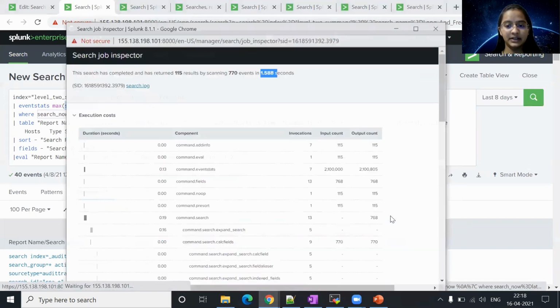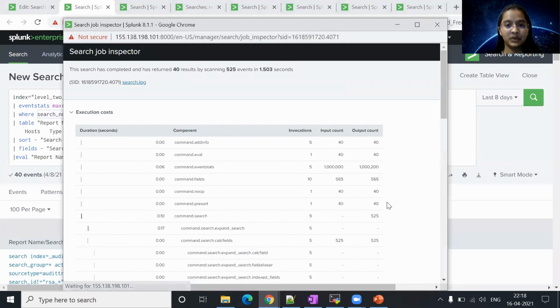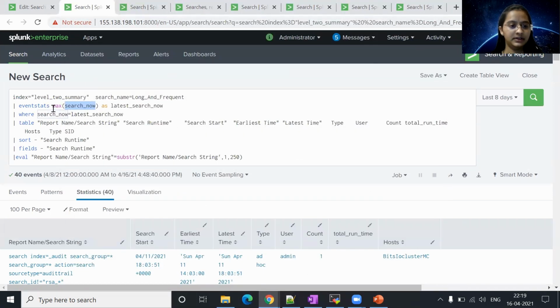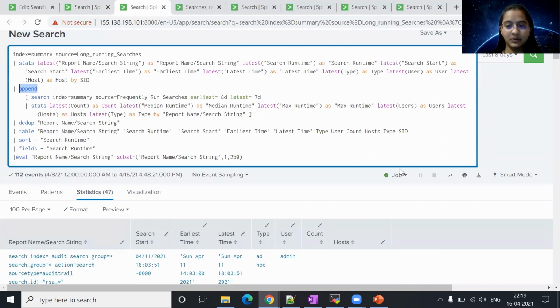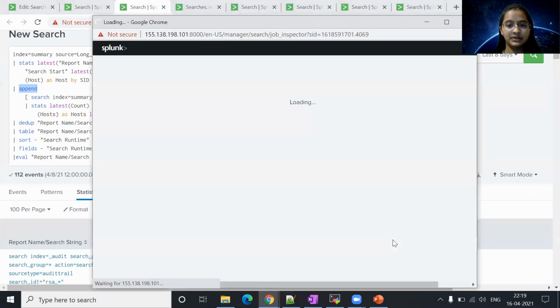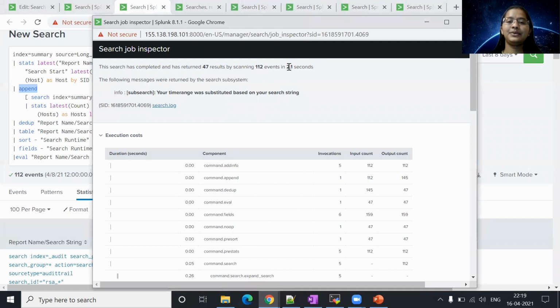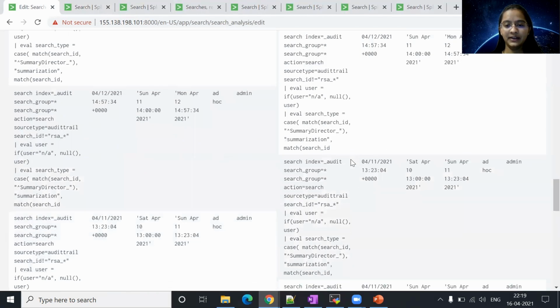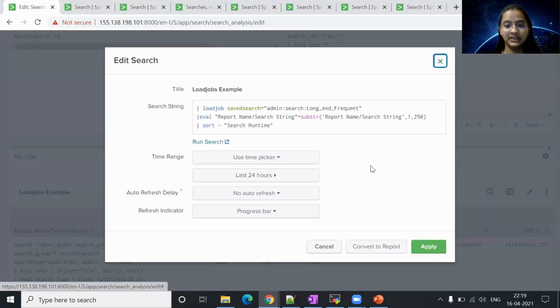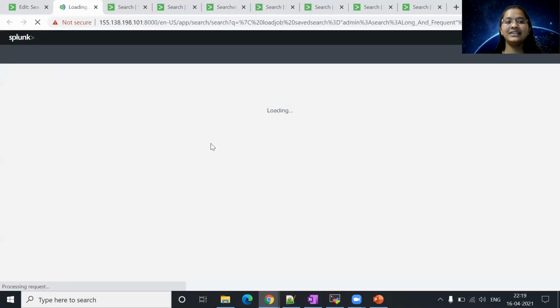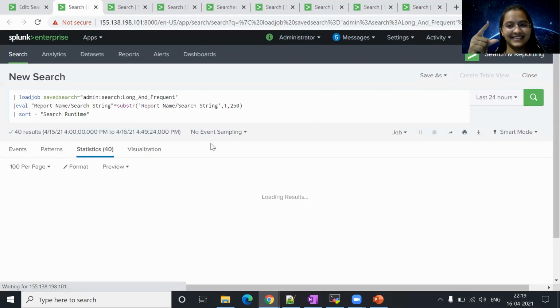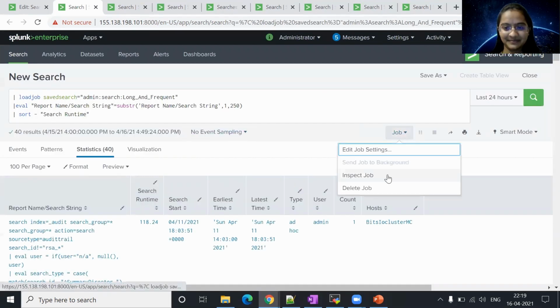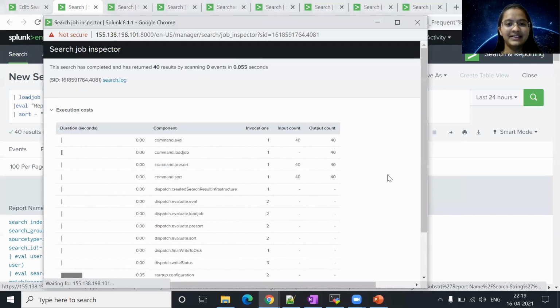Here you can see that it took around 1.5 seconds with the level 2 summary indexing. Now let's see what happens with the traditional approach. It's going back to 2.1 seconds. Okay, so that's cool, right? So what if I told you that instead of this we also have one more technique, that is loadjob. Now this is our friend from ages and this is so cool that it runs like this. So let's see the execution time. It ran at 0.00. That's cool, right?